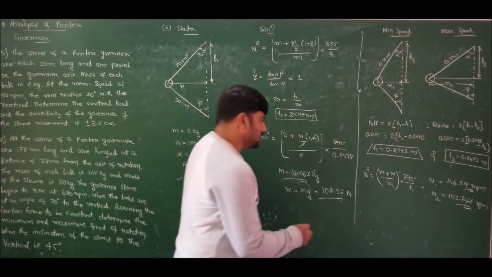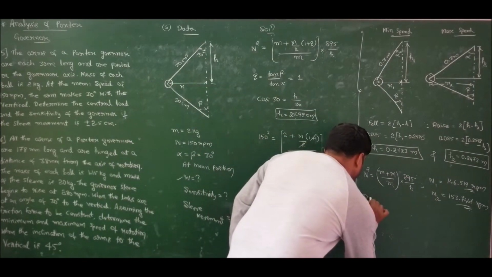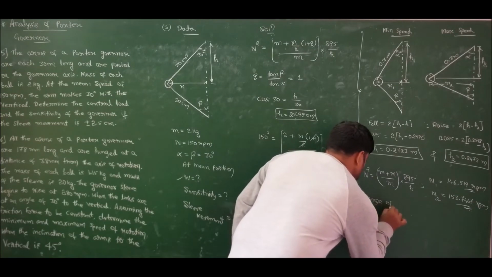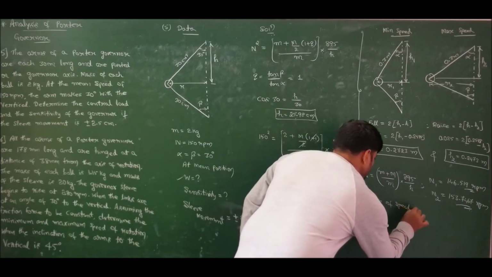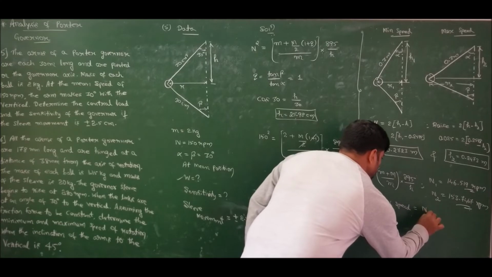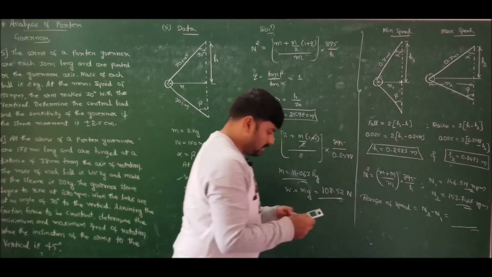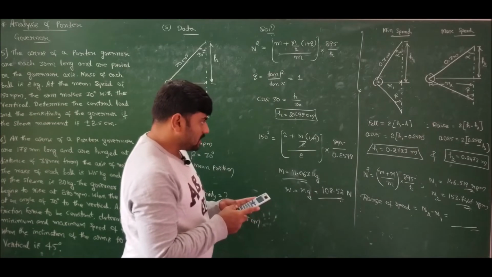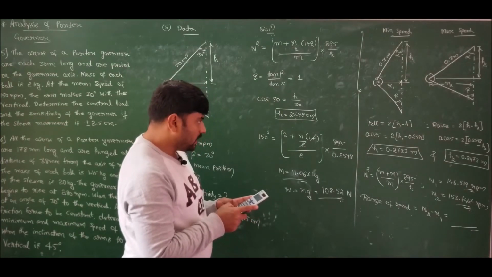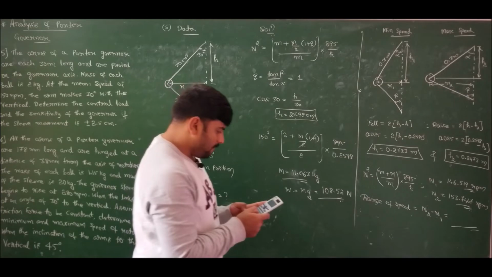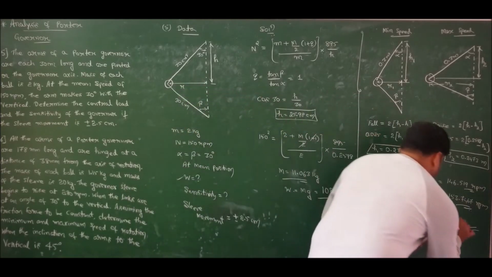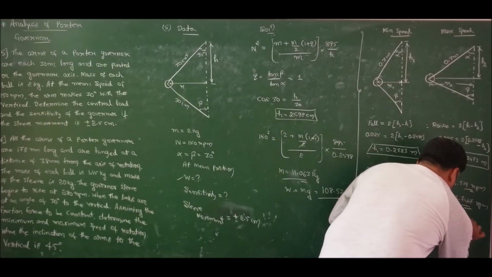Now I can find what is the range of speed. Range of speed is equal to n2 minus n1, which will become 153.7467 minus 146.519, which is 7.23 rpm,